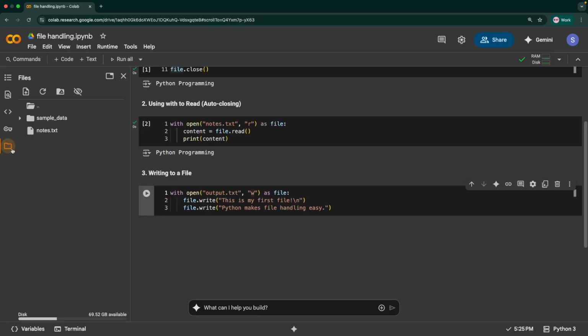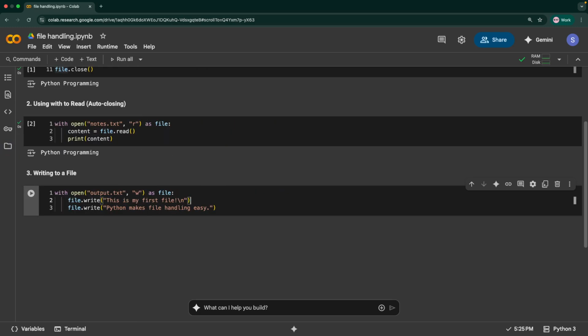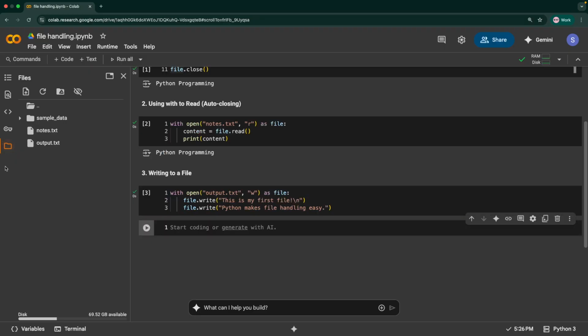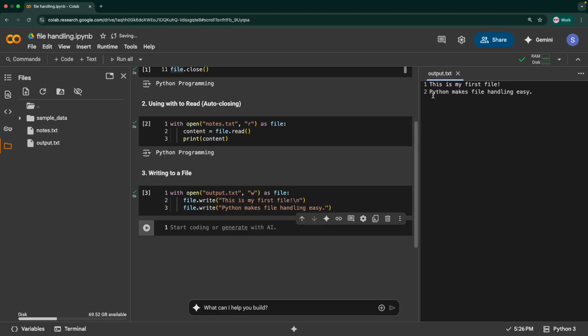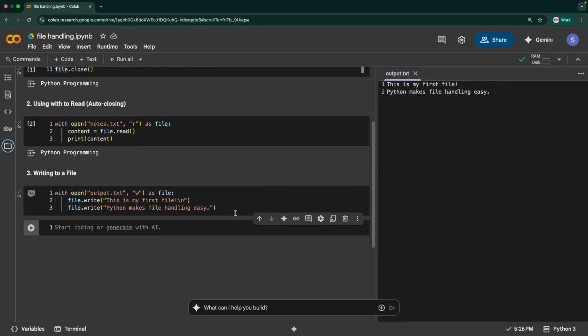So if you open this files, we don't have that output.txt file, right? You can also refresh this and make sure it's not present. But the moment you run this, it creates a file. If it's not visible in your session, you can just refresh this again and you will see it over here. If you open it, you will see the entire content. So basically W is write mode, which creates a new file, or it would overwrite the existing file.